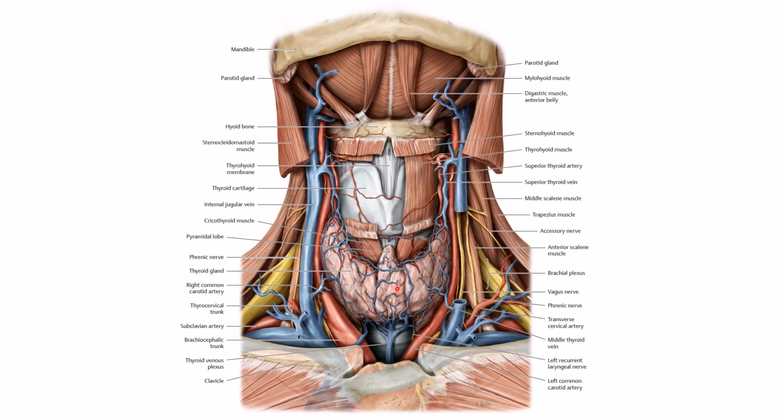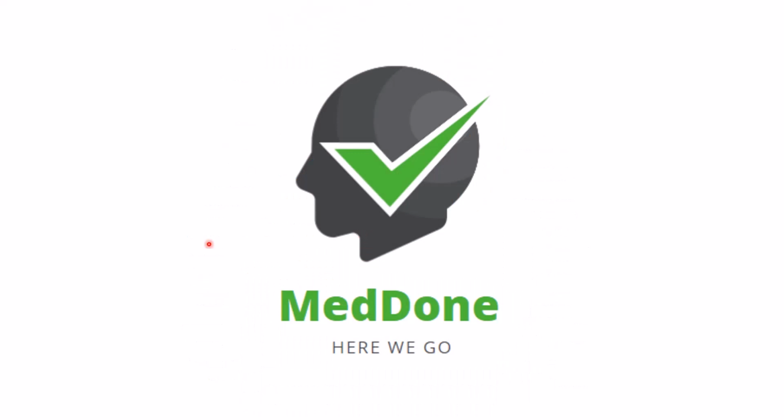We also removed the omohyoid muscle. So we removed the sternocleidomastoid and the omohyoid and the sternohyoid, and this is the sternothyroid. This is the remnant of it, because as we said before, the thyroid cartilage gives attachment above to the thyrohyoid muscle and below to the sternothyroid muscle. And this concludes our talk about the infrahyoid muscles.